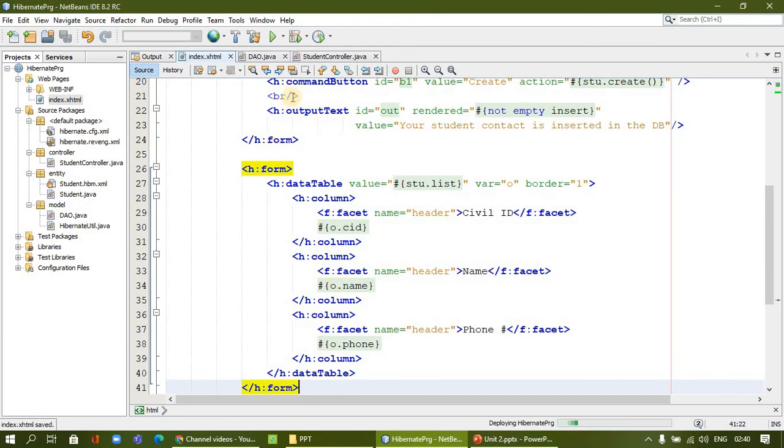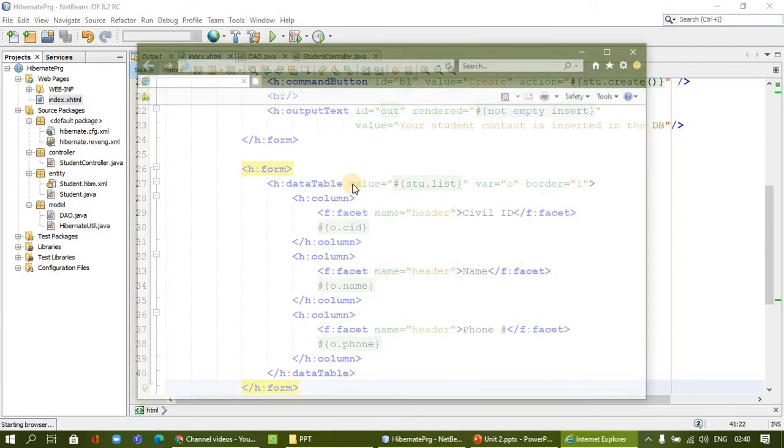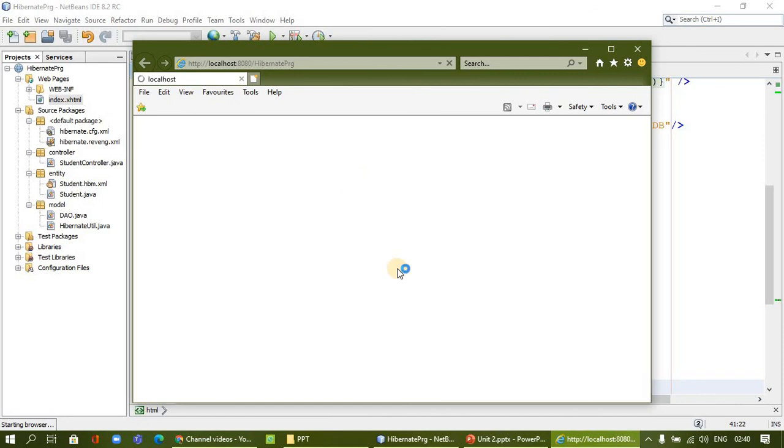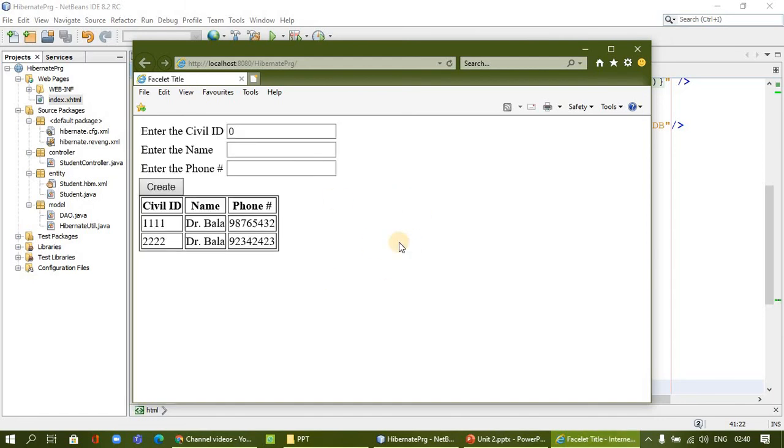I hope we connected. We can run and see the answer. We have 2 records in the database already, which we inserted in the previous example, and now I am expecting those 2 records to be listed in the data table. Yes, it's connected, it's showing our values.